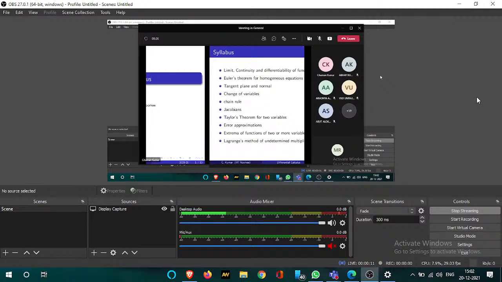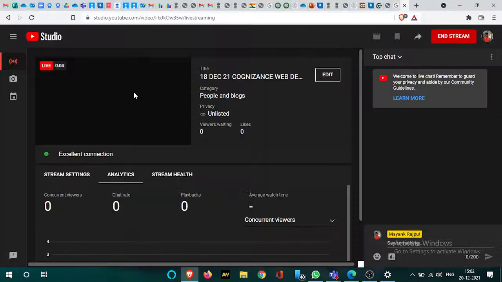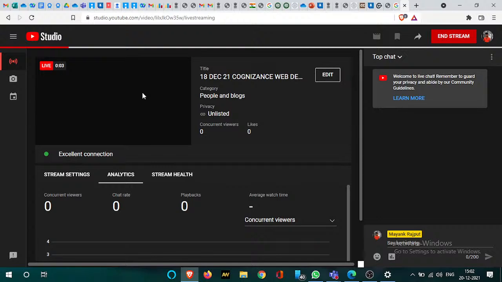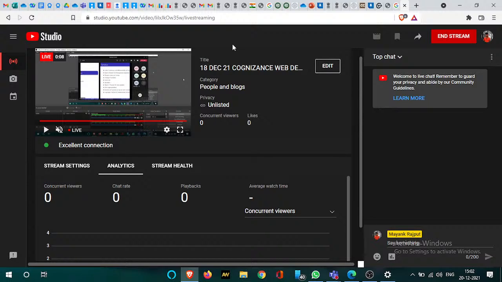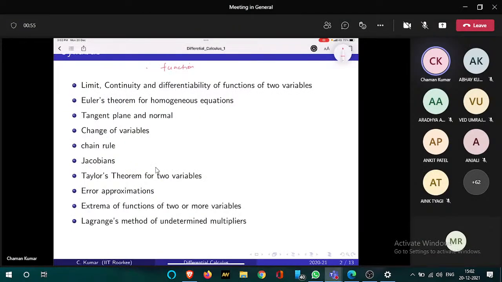Okay, so today we are going to start the second section, which is differential calculus. These are the topics we are going to see in this section. First, this is differential calculus for functions of two and more variables. So keep this in mind. Everything that we are going to discuss in this section will be for functions of two or